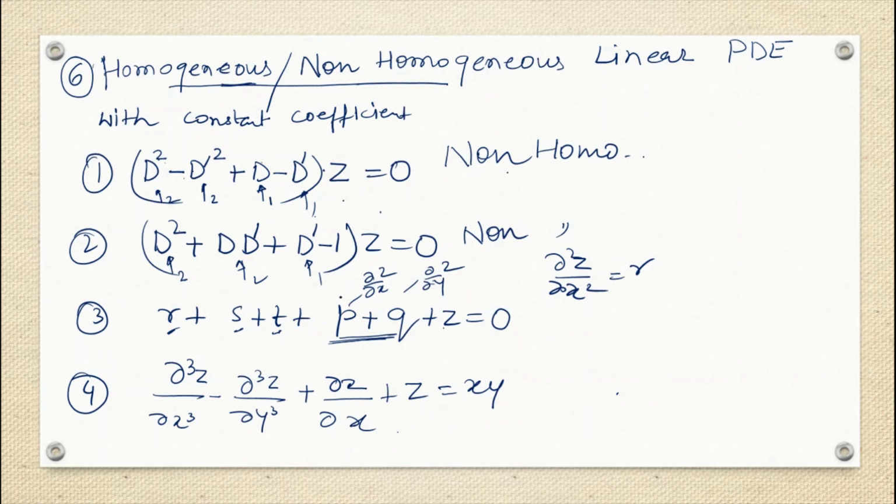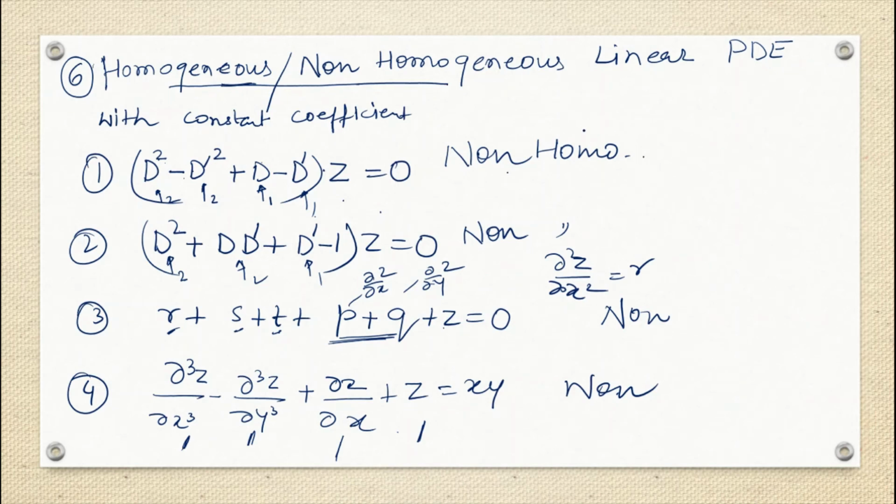Similarly, if you focus on the fourth one, here also you will see that this is non-homogeneous. All are non-homogeneous. This has order 3, this has order 3, this has order 1, and here you will see that there is no partial derivative in this term. We should have a partial derivative in each and every term, okay? So this is also a non-homogeneous partial differential equation. Fine. Now sometimes you get confused between the other definition of homogeneous partial differential equation.